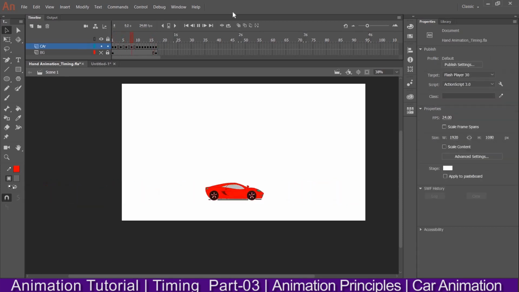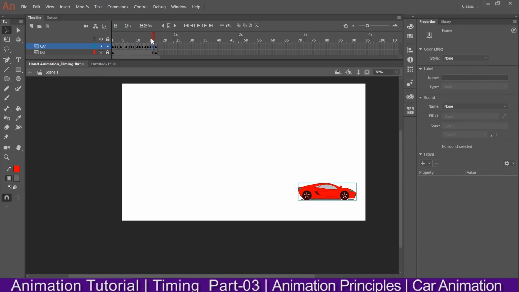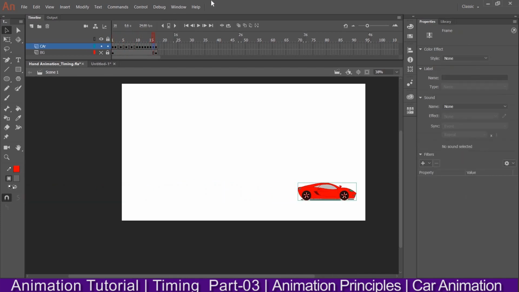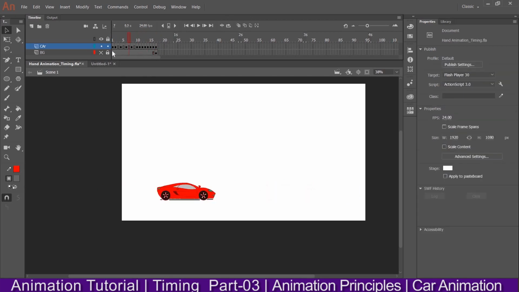Let's see. So this is the animation. You can see it is looking nice.